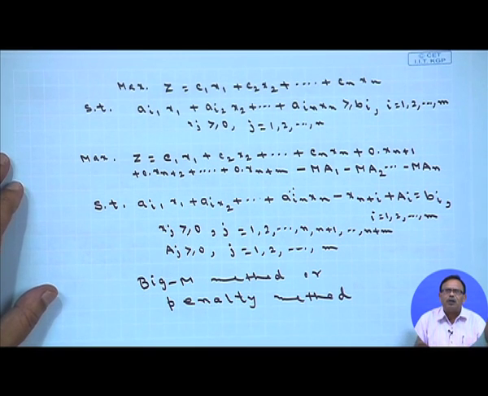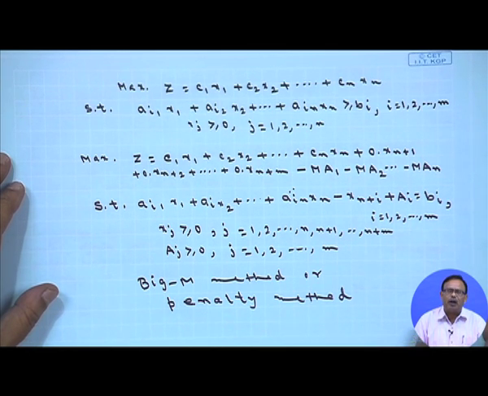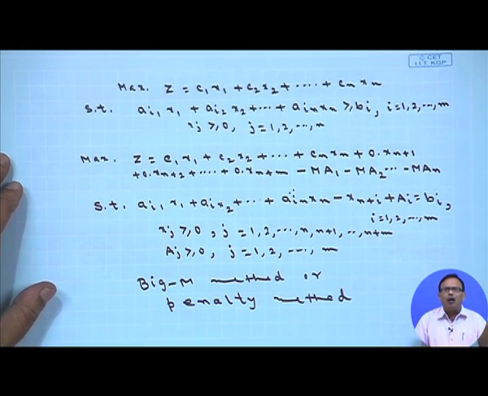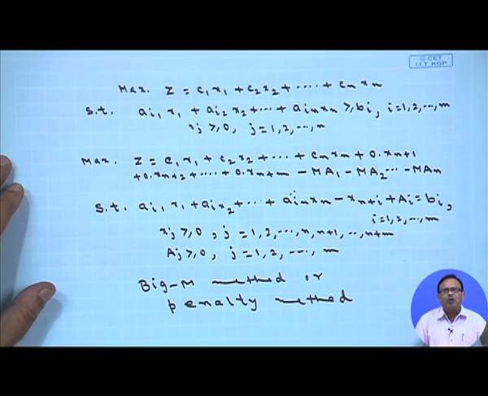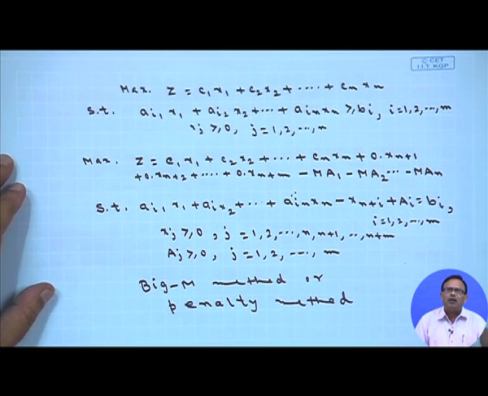So, just as we have discussed, if your inequality is of greater than or equal to type, then by subtracting the surplus variable as well as adding the artificial variable, we are making it an equality. The reason for adding the artificial variable, I think, is clear to you now: to obtain the unit matrix, so that we can obtain the basis matrix from there. And to discard the artificial variable, we have associated a very high value with its coefficient in the cost function.